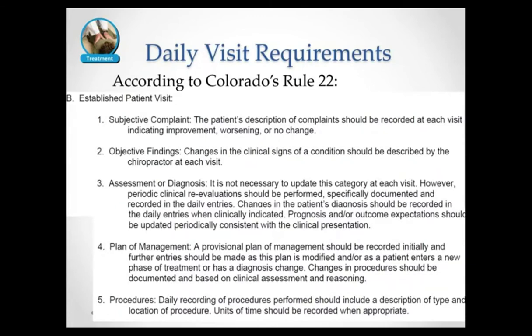Okay, I'll talk about that later. I understand that things don't always change between every visit, right? Sometimes you see them on Tuesday, you see them again on Thursday, and it's more or less the same findings, and that's okay. But I'd say only for 2 or 3 visits. When you hit the 3rd or 4th visit and you're describing the exact same findings and the exact same complaints and all that, then I think it can be argued that the care isn't showing enough progress and you need